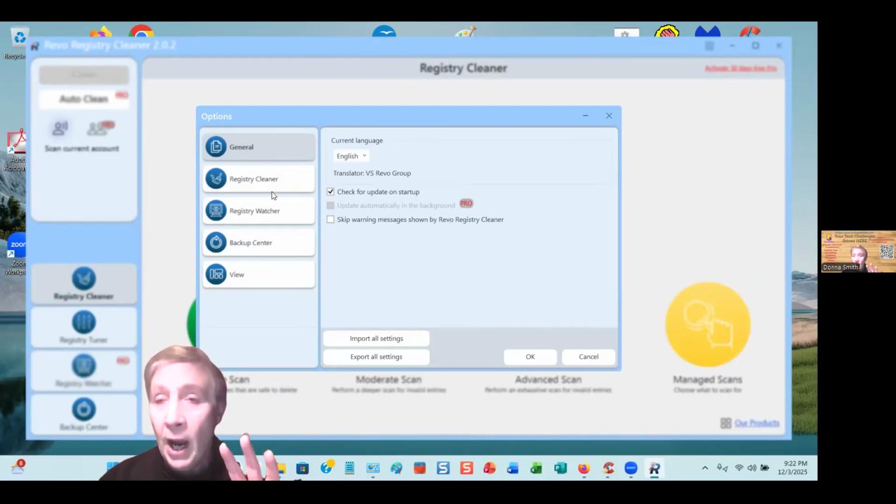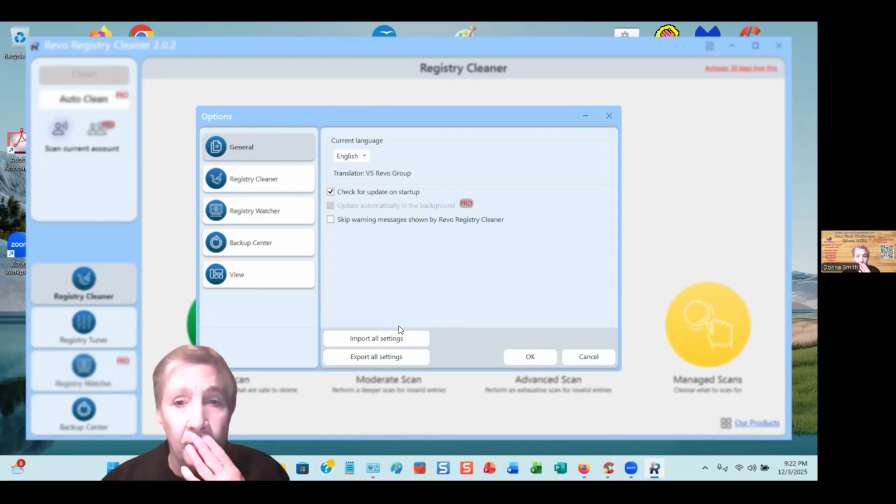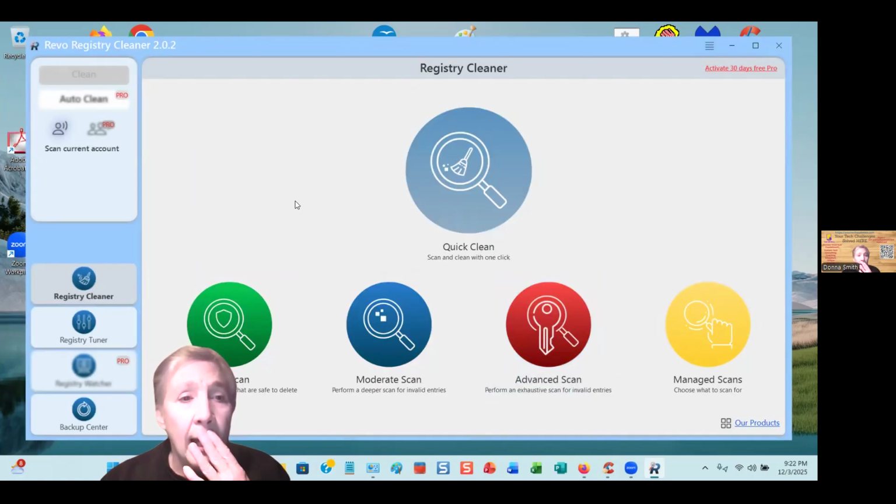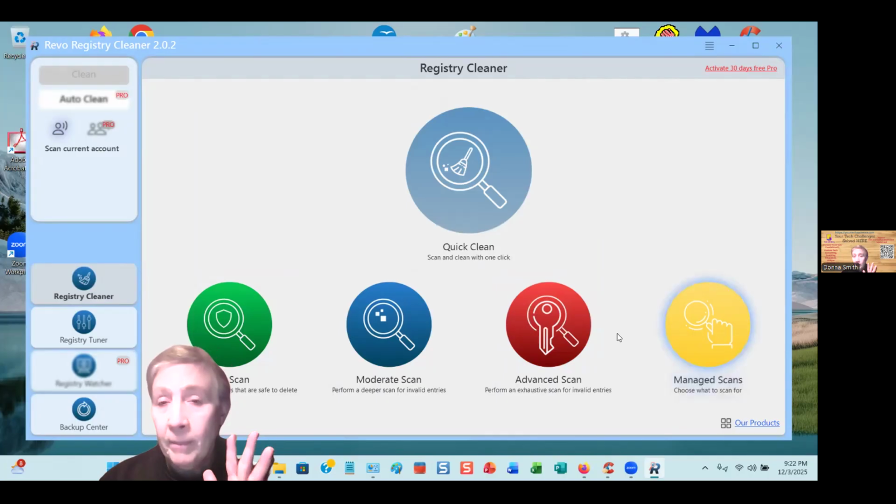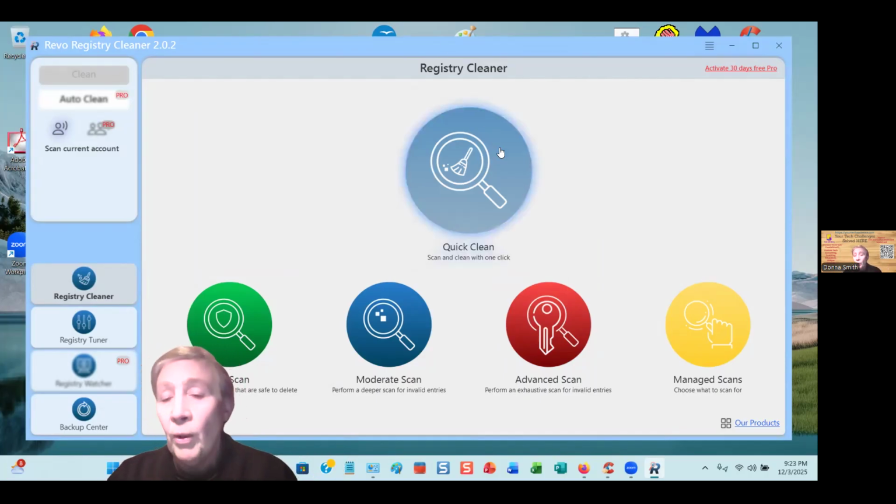So after you first install this and click on the icon to launch this program, I recommend that you go over to options and customize and set these things up the way that you want. Okay. And again, all this is free, and it's extremely accurate, and it doesn't cause any corruption problems